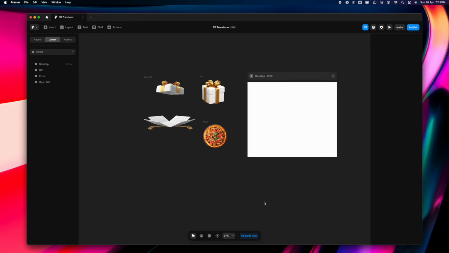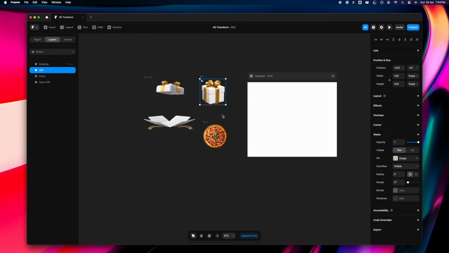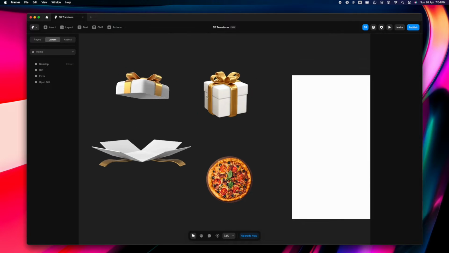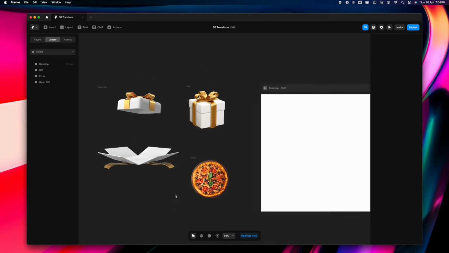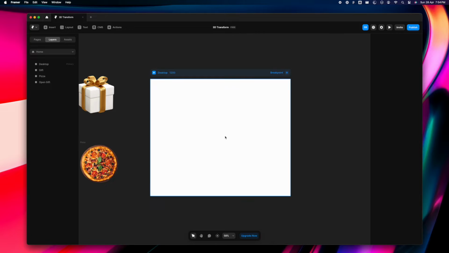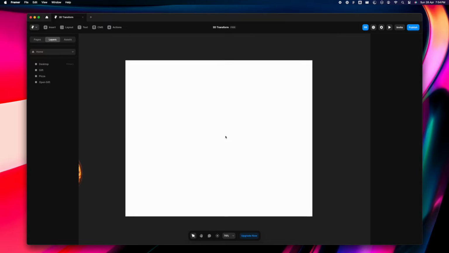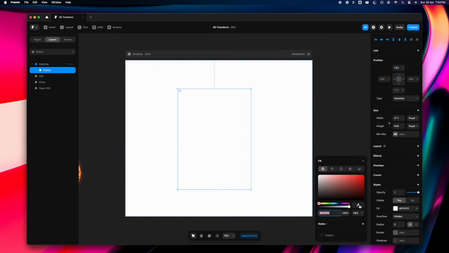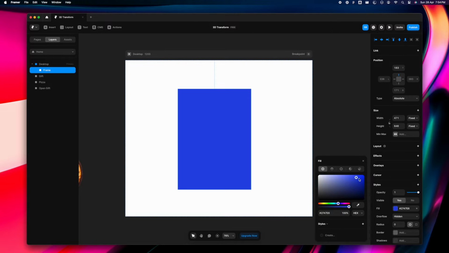So like you have already seen in the beginning of the video, we have a flip card animation where we have this box here. On flipping the card, this box opens up and then we reveal the gift that is 20% off on pizza. So that's why I have these three images in here. These are PNGs. I'm going to use this and create the 3D flip card animation here. And the reason we are creating this card from scratch is because you have to keep certain things in mind. You have to keep the front and the back face on the same frame. As we proceed, you will know why.